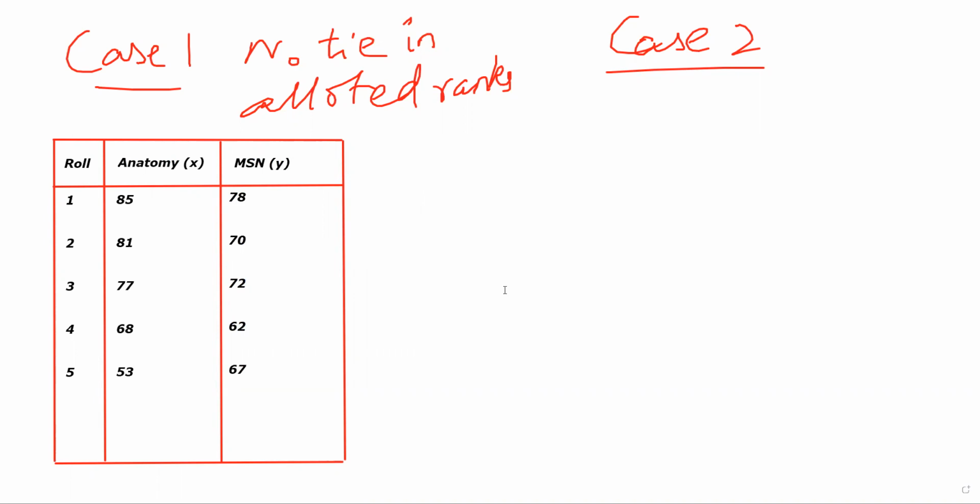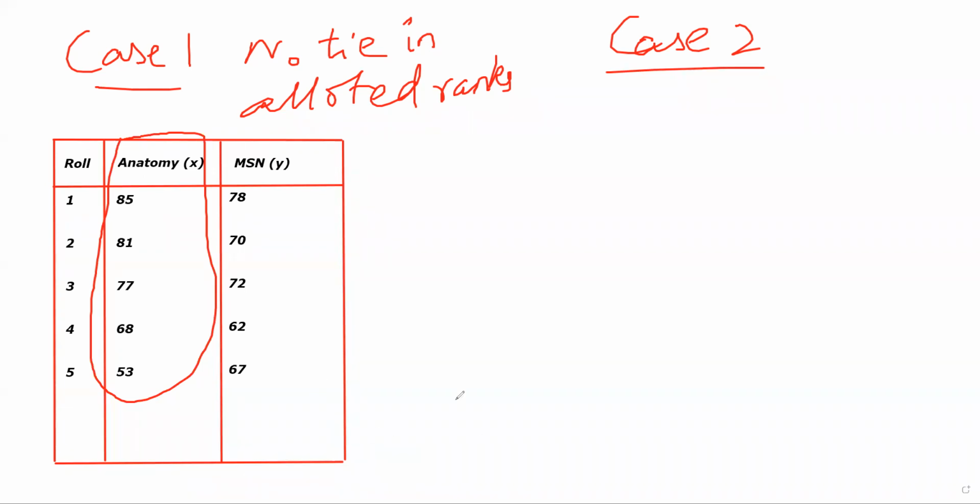Now what I will do is arrange these in such a way that I assign a rank to each of these marks. So in this series, the whole anatomy series, I will assign ranks to different marks. I will use either ascending or descending order, any one order. Whichever order I use, I have to make sure I apply the same order to both anatomy and med-surg. The ranks I apply will be such that both anatomy and med-surg are either ascending or descending.